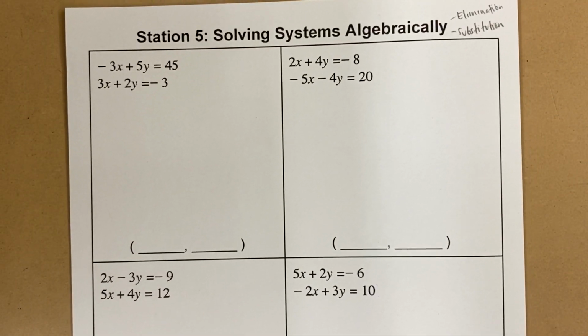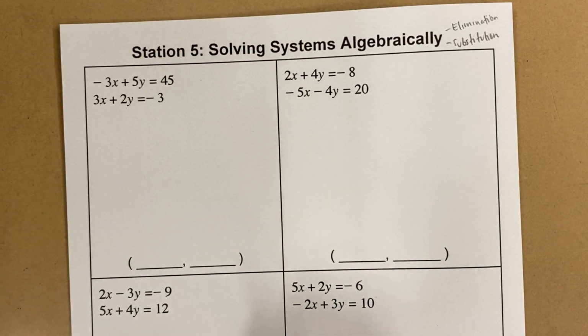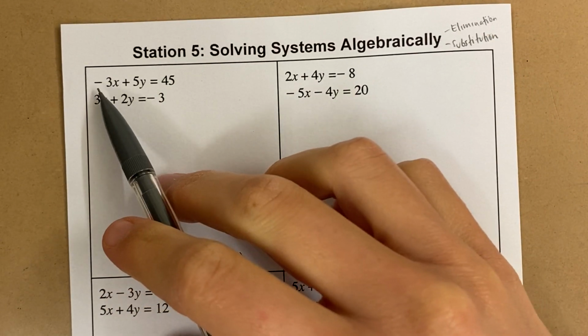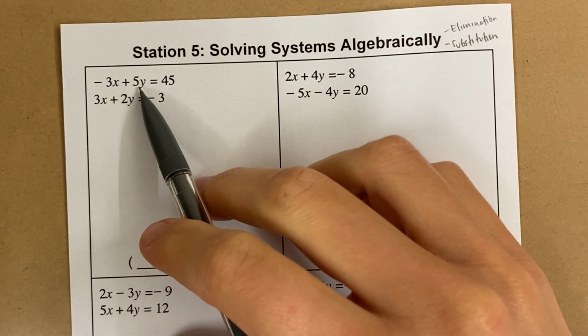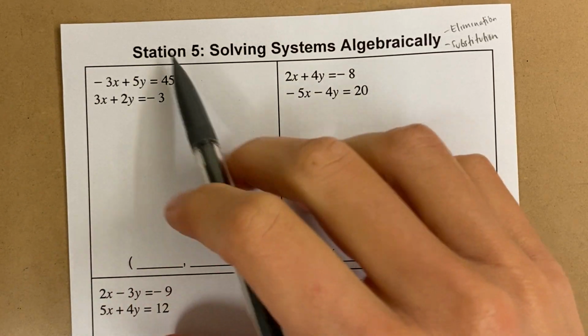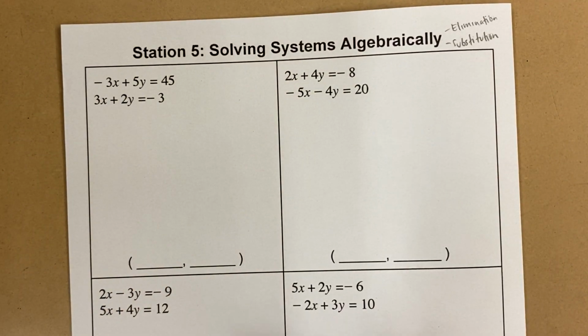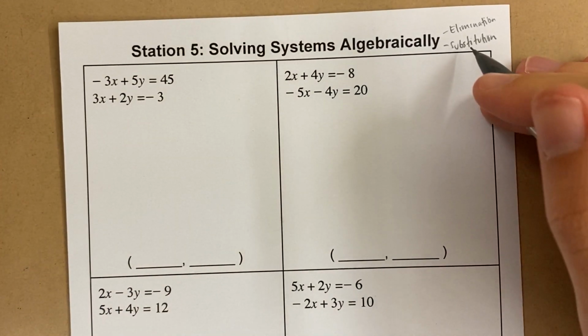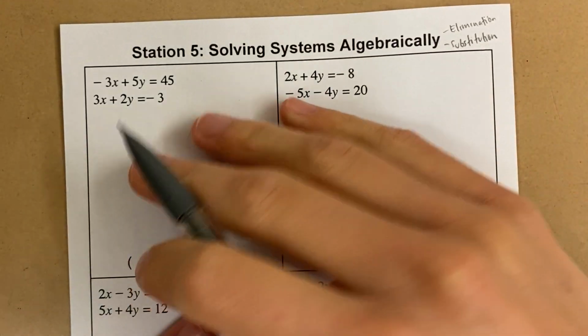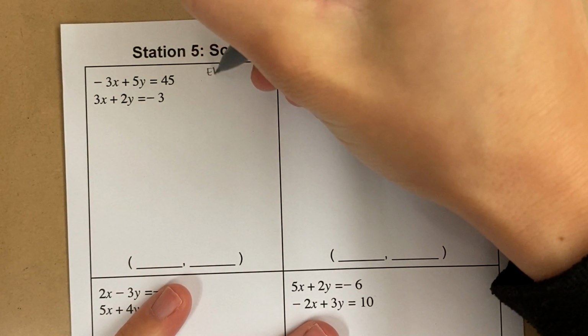And so the thing to remember is that elimination is good for when you have two equations that are both in standard form, where you have a number times x plus a number times y equals a number, right? You can see that both of these equations are in that form. I will choose to use elimination for this one, okay? And there's other situations in which I would feel that substitution would be the easier option. So on this one, I'm gonna write elimination on it,